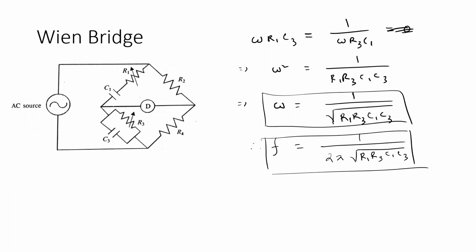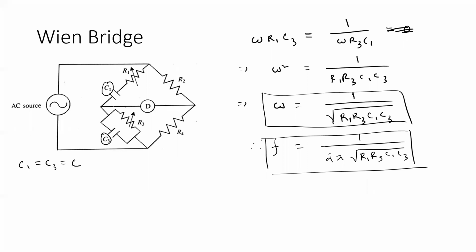Now furthermore, to simplify the process of the calculation, oftentimes while designing the circuit, the values of C1 and C3 are kept to be equal. That is, C1 equals C3 equals